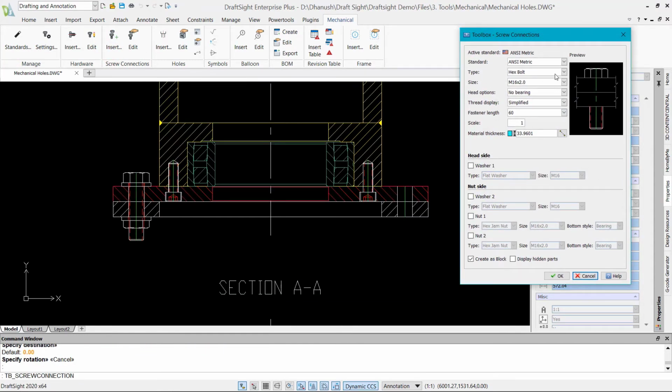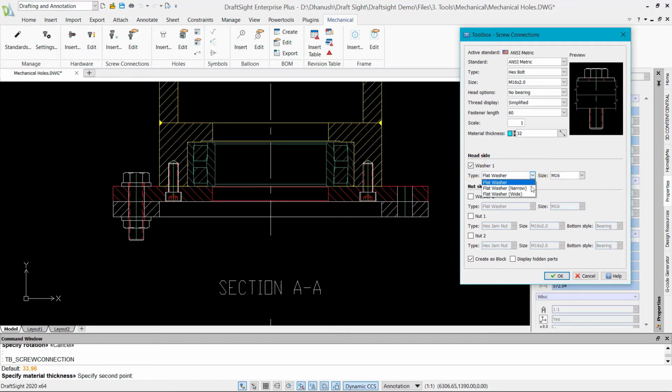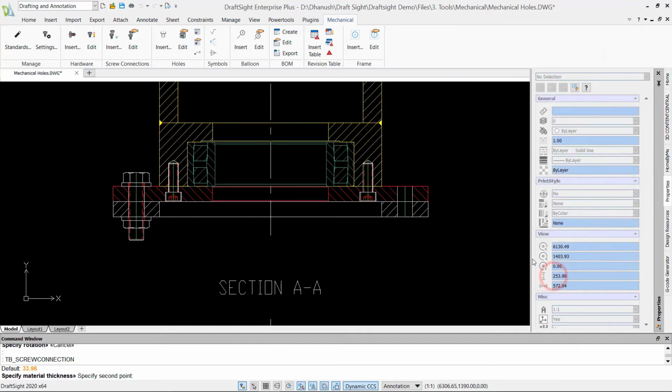Hardware options. Toolbox includes standards-based hardware components that you can insert into drawings. Screw connections. The toolbox screw connection dialog box helps you combine bolts and screws with nuts and washers using a single dialog box.